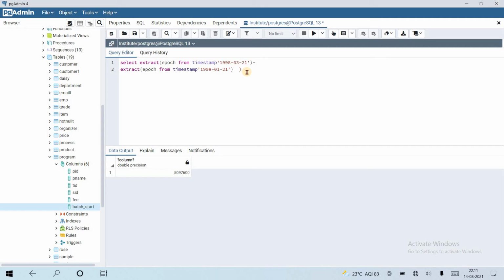Then we can convert these seconds into hours by dividing by 60, again 60, and 24: seconds to minutes, then hours, then days. Okay, let's see if it is going to work or not.